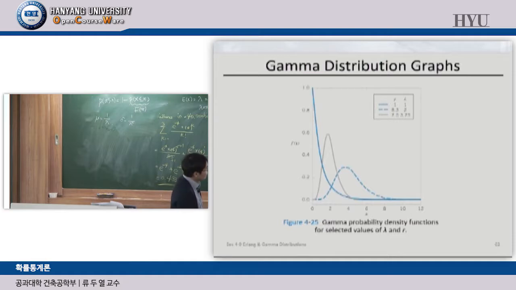Right? So as the value of r increases, this curve becomes more symmetric, right? As compared to this curve, this one has a more symmetric shape, right? And in this case, the r value of this curve is larger than that of this curve, right? So r is normally called the shape parameter, and also the magnitude of this probability density function is influenced by the lambda here. So we normally say lambda is the scale parameter, okay?